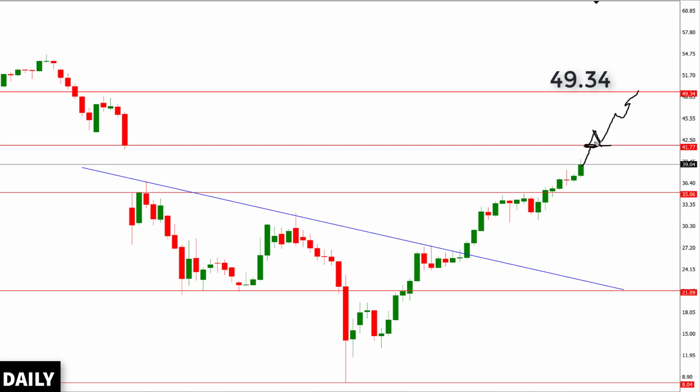And then if the bulls failed to defend this key level structure, maybe when the bears pull price downward after the first breakout, and the bulls failed to defend this key level structure right here, then whereby the bears ensure a daily close back into this channel right here, then I wouldn't be surprised if the bears retest the previous key level structure, which acts at the price value of 35.06. And if the bulls failed to defend this key level structure right here, then I wouldn't be surprised if the price of US oil drastically depreciates in value to the previous key level structure, which acts as the price of